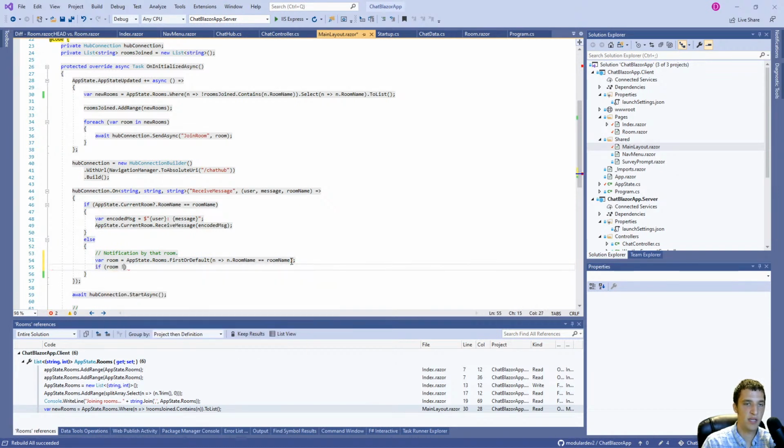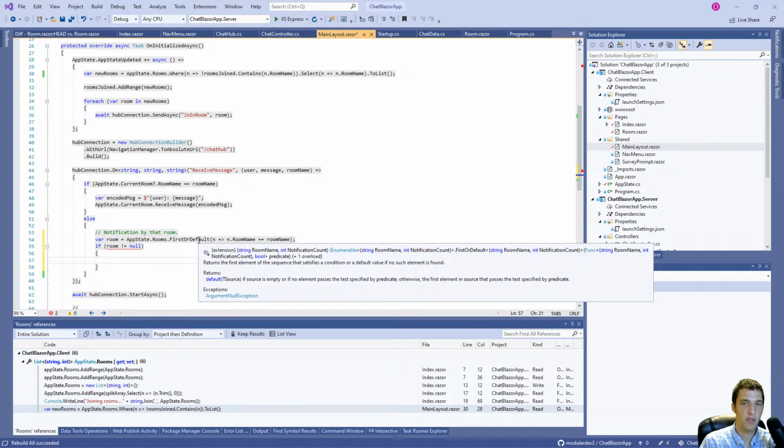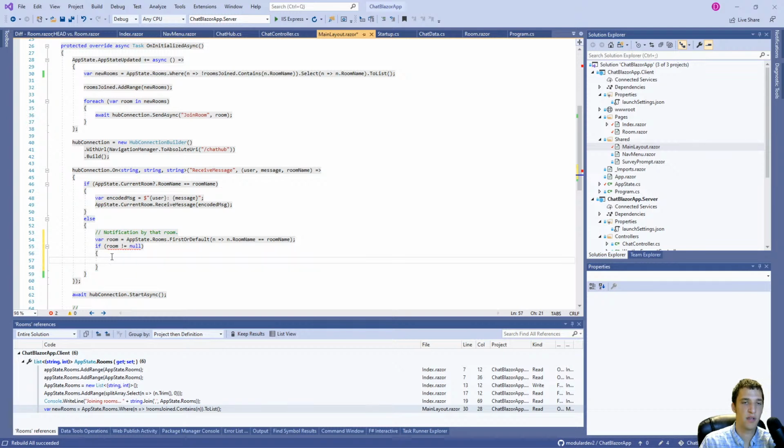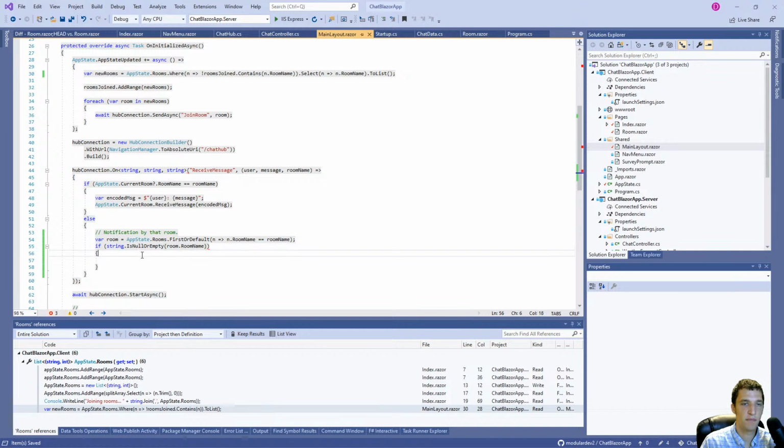So if that room is not equal to null, I guess it could be null if we didn't find one. So as long as it's not equal to null, okay, this goes back to what I was saying as far as this being a struct. So structs are value types. Value types are not null. So we can't check null. Let's just do if string dot is null or empty room dot room name, because by default that room name will be empty. So if it's not empty, what we're going to do is